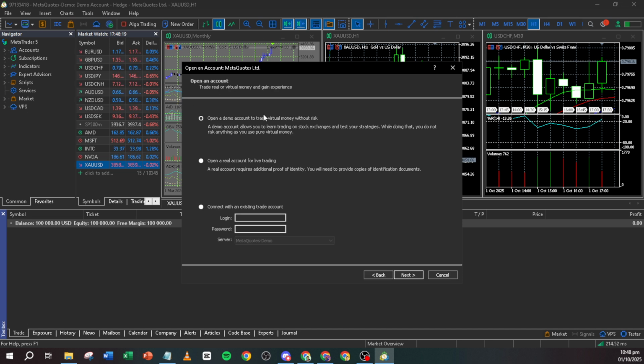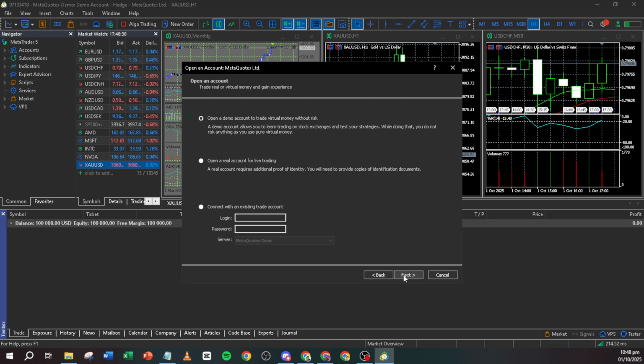At this juncture, you will need to select the type of account you intend to use. Whether it's a demo account for practicing your strategies, a live account for real trading, or an existing trade account you've used previously, picking the right one is crucial. Each account type has its own settings, so ensure you're selecting the one that matches your current needs and goals.